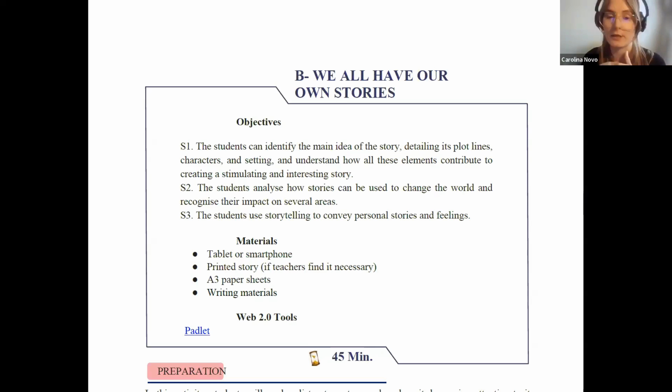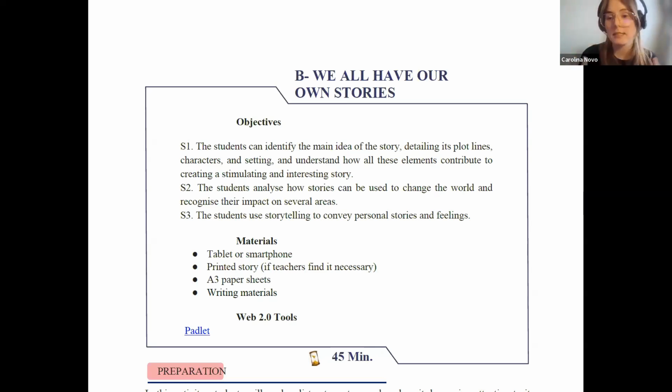And I also thought it was important to use storytelling in this part to have students talk about their personal stories and feelings. Why? Because our project, as we talked, is very connected to students feeling demotivated, feeling far away from school, feeling that they don't like school, being at risk many times to leave school, also because, depending on cultural or familiar, but also personal reasons, they don't identify with school or because they have bad things happening at school.